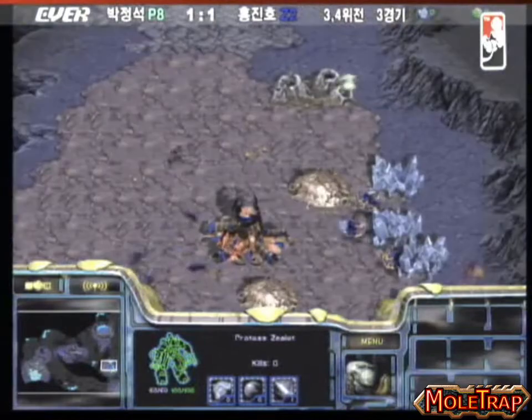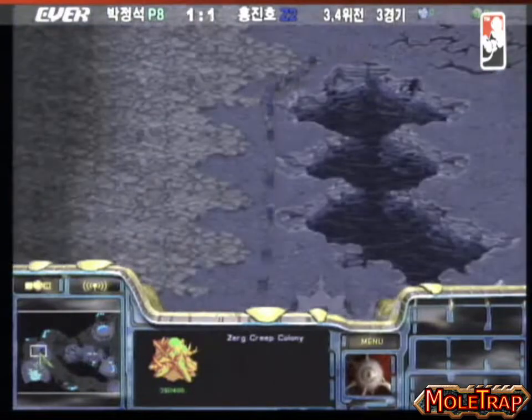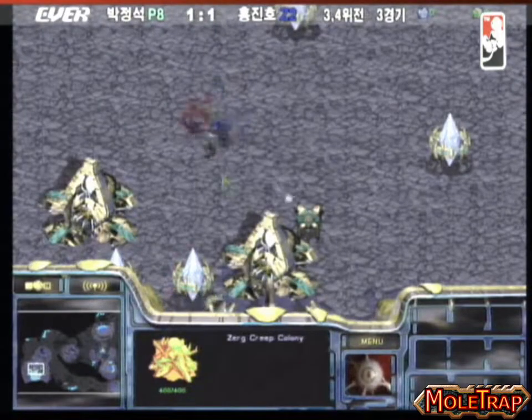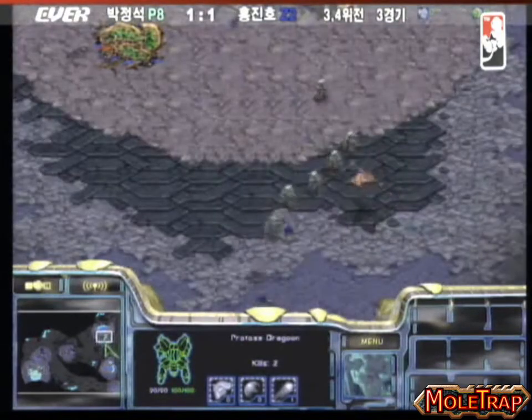So anyway, Yellow is trying to defend his expansion here. He has taken a gas expansion, which is almost necessary for Zerg, at the very least your third base needs to be a gas expansion. But he's doing a little bit of a counterattack here with some speedlings. They are going to be able to take out this pylon. There is no cannon at the choke like I thought there would be, but Reach is going for another early